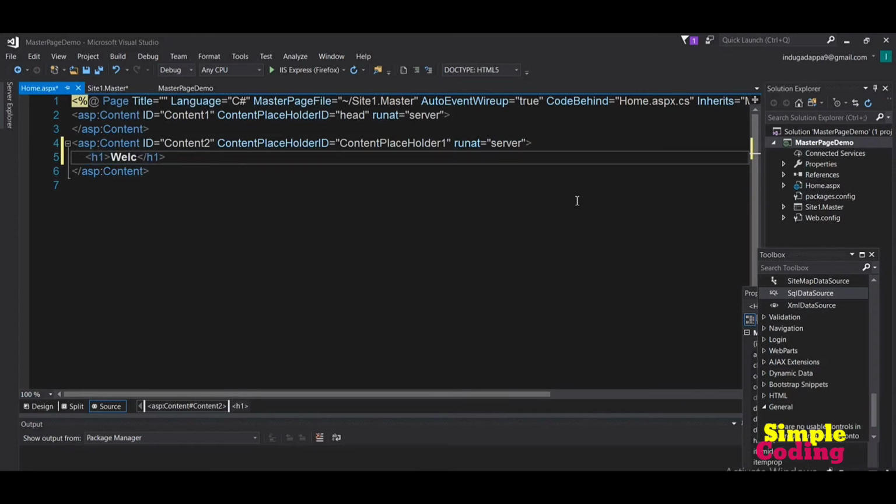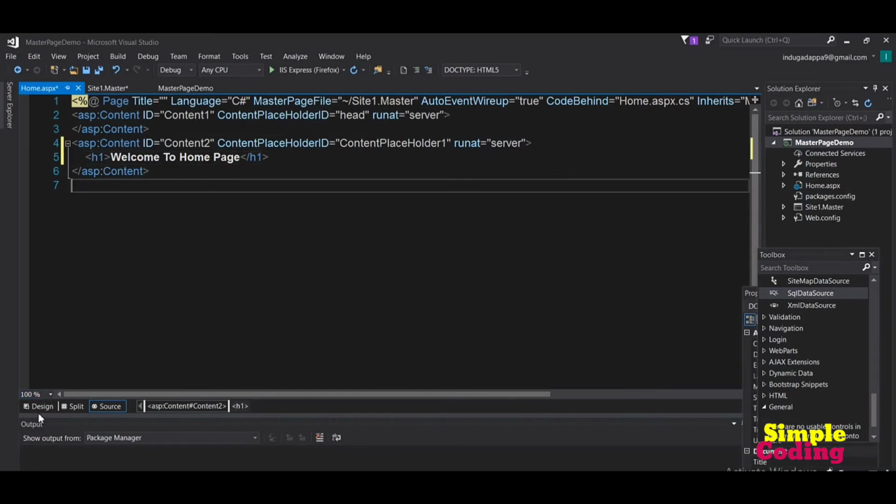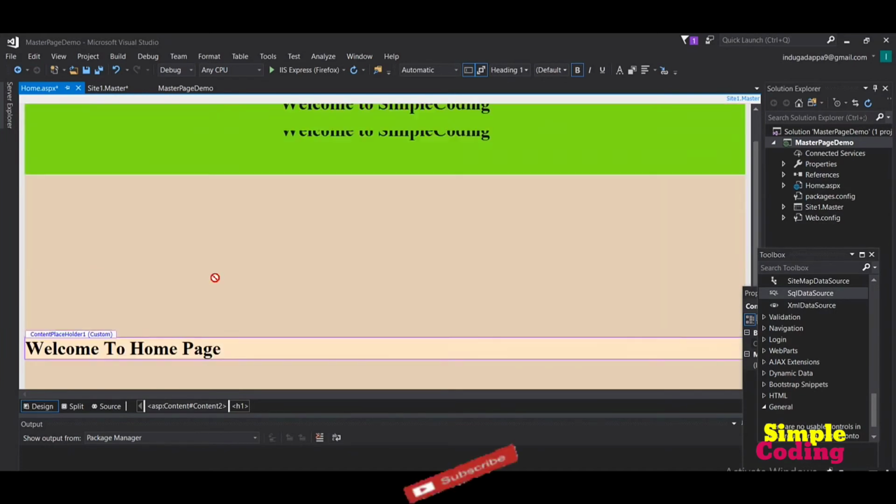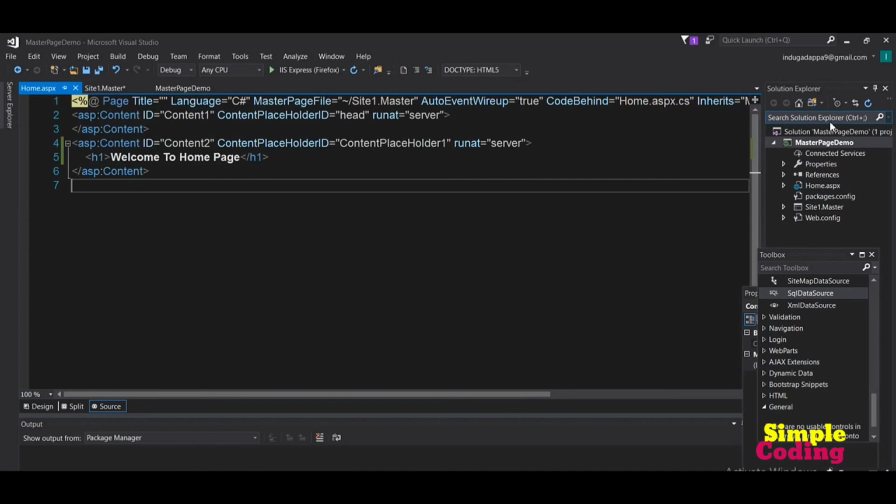Here I am adding an h1 heading tag to display "Welcome to Home Page". That means this text will be printed as it is in our home page. You can see that the heading has been added to our page. Whenever I click on this Home button, it will display the "Welcome to Home Page" heading.